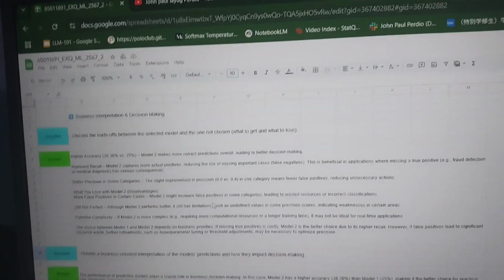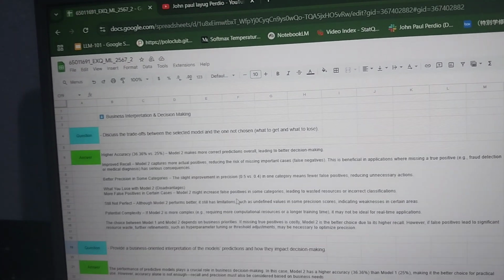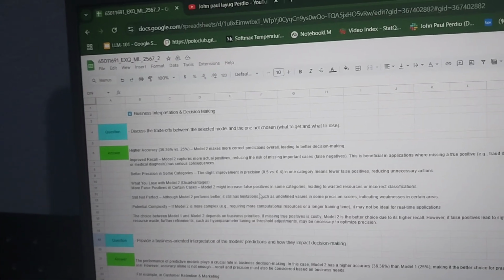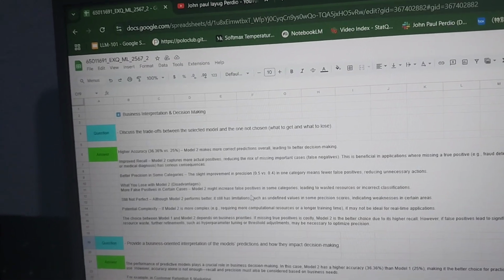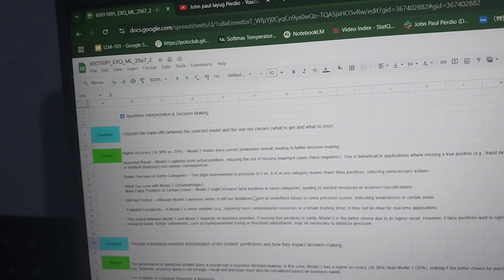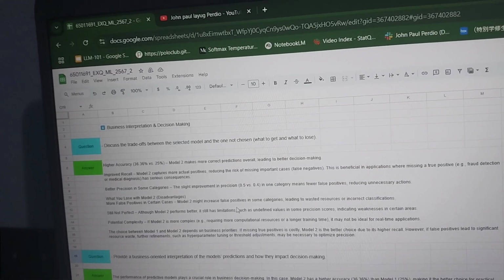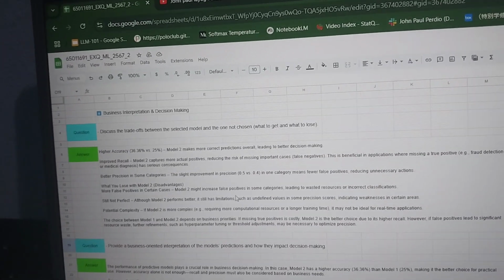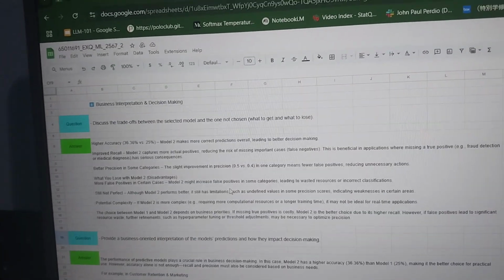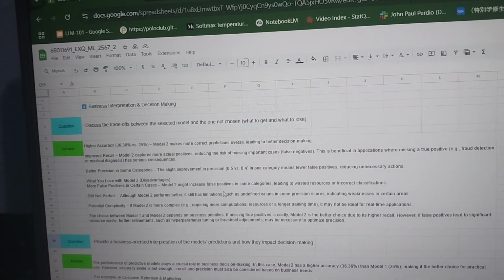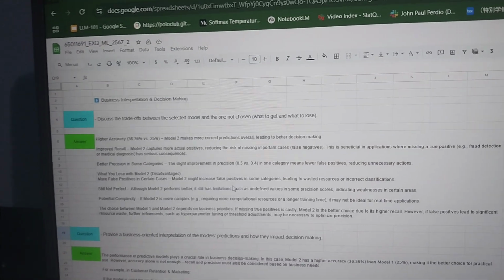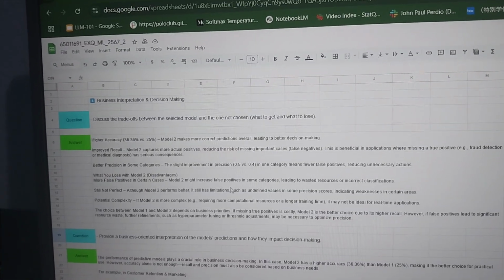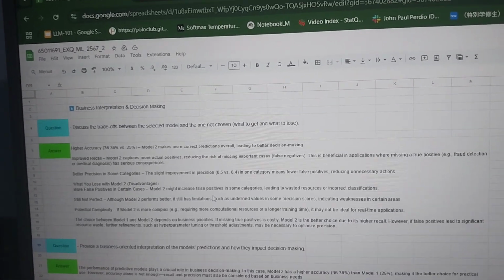And what we lose with model 2, though, is there are more false positives in certain cases, and it's also still not perfect. So there are weaknesses, and a potential complexity, more computational resources, or longer training time. It might not be ideal for real-time applications. So the choice between the two depends on business priorities. If missing true positives is costly, model 2 is better. But if false positives lead to significant resource waste, then there might be a need to optimize precision on